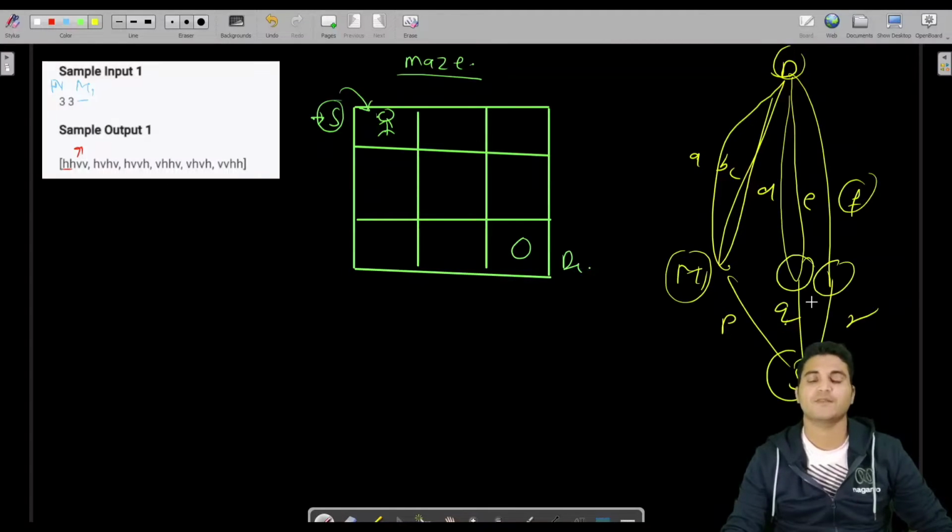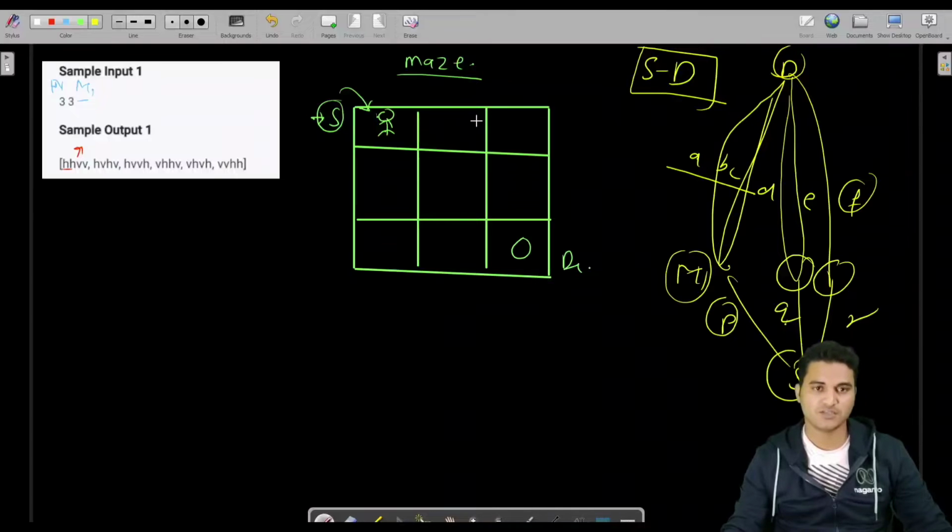If we already know how to reach from here to here, then simply we can add this P in front of these. So indirectly this will become the way from here to here. I have already explained this in the previous solution. So this is the source and destination strategy. We are going to use the same strategy in this problem also.